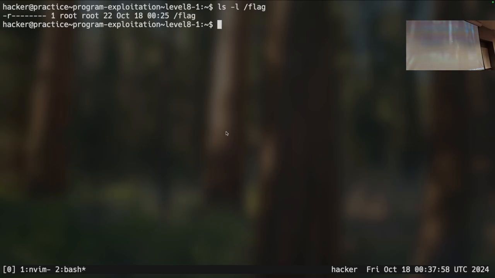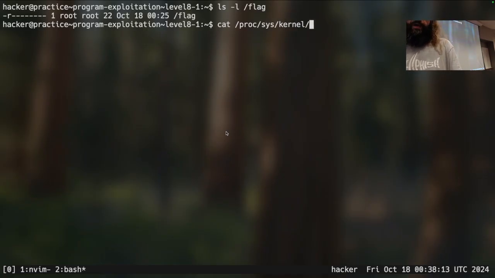Question from Twitch here. This is how you disable ASLR in Linux via bash. Okay, so that's not what I was going for. That is not the command I was thinking of.